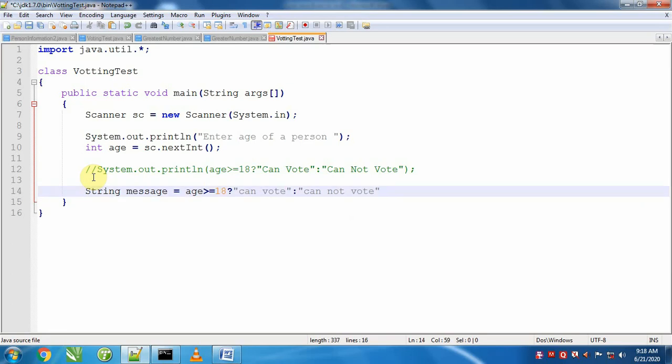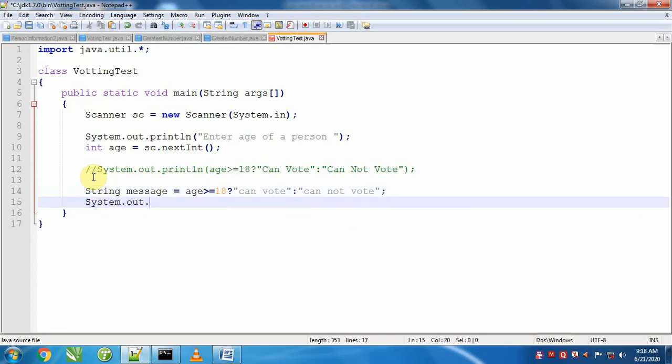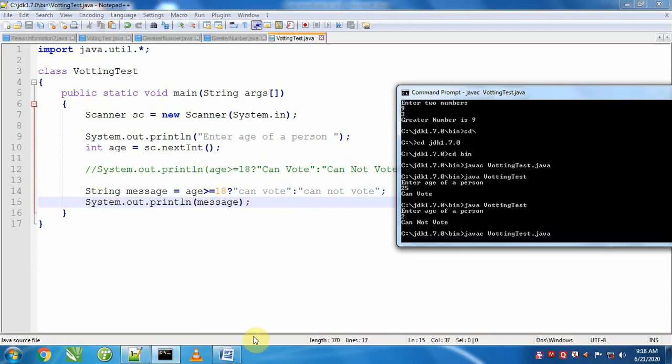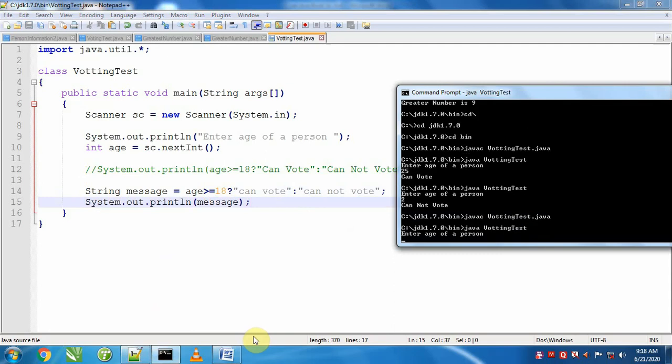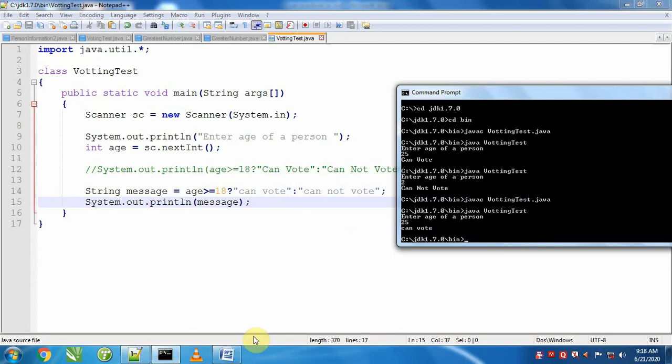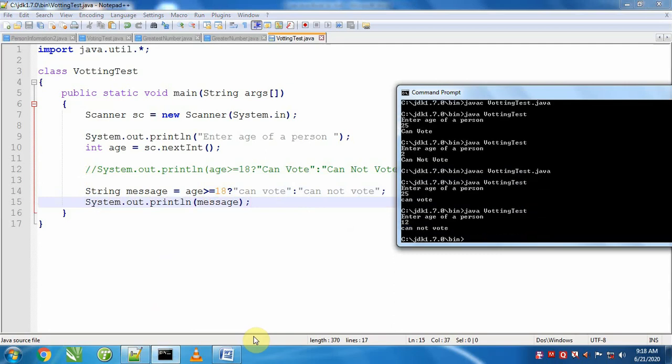And now we will print this message with a simple print statement. Again we will press Ctrl S, compile with the up arrow key, and bring the previous command with the down arrow key. We can look here.